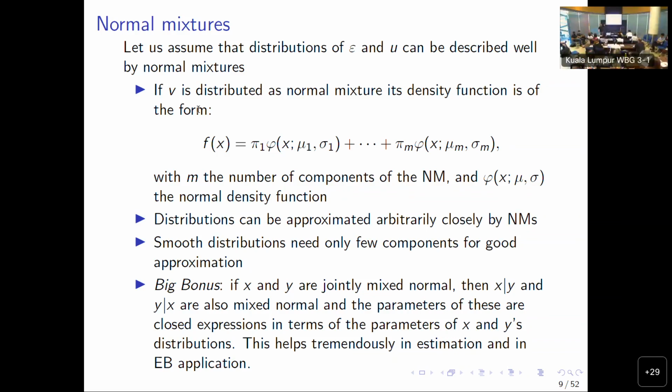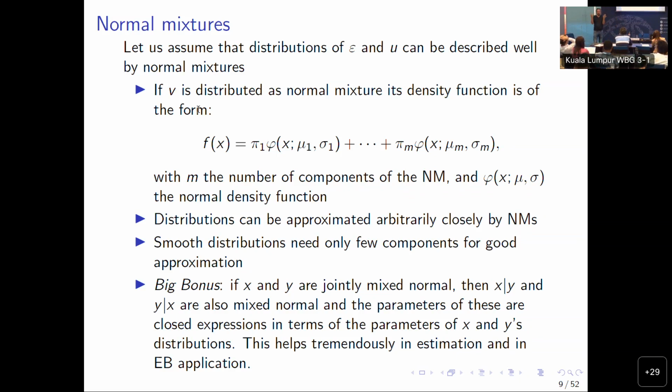So this is an alternative way of fitting the densities non-parametrically. However, there's a huge bonus to fitting a normal mixture distribution on data, à la kernel density, rather than just drawing empirical residuals. Once you have fitted a normal mixture to your area errors and also your household-specific errors, you can implement B. Because it so happens, you can show that if both the area error and the household error follow